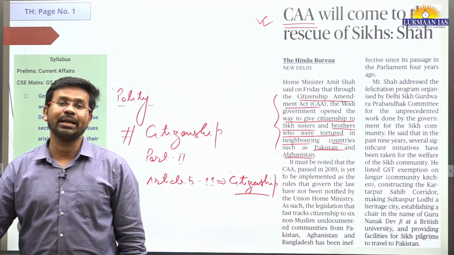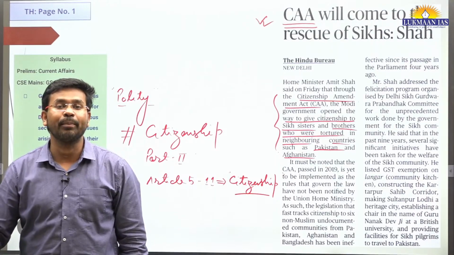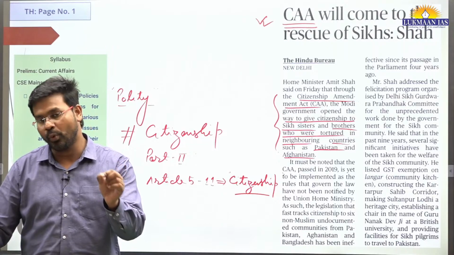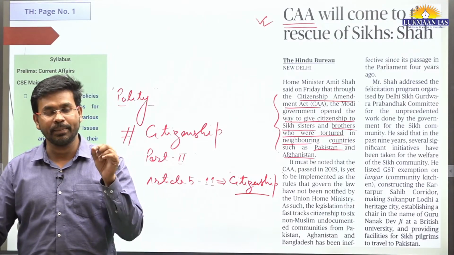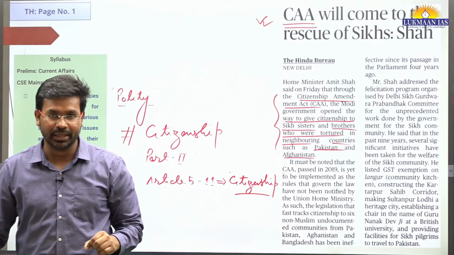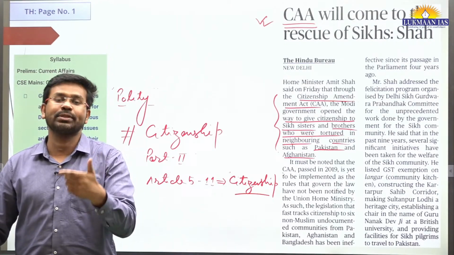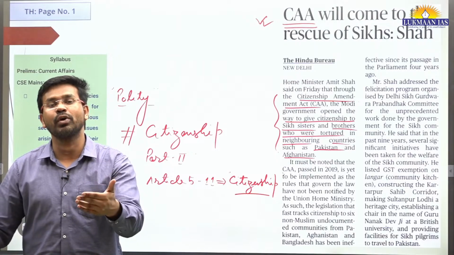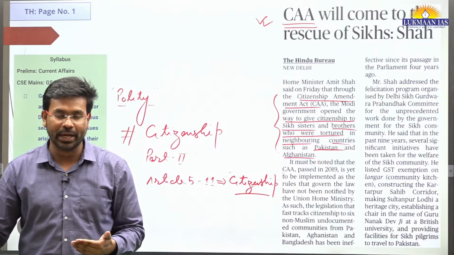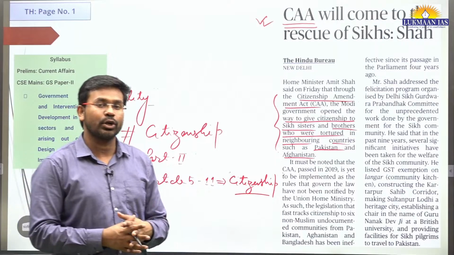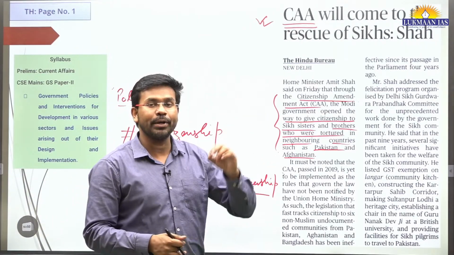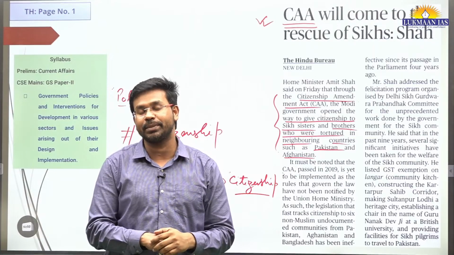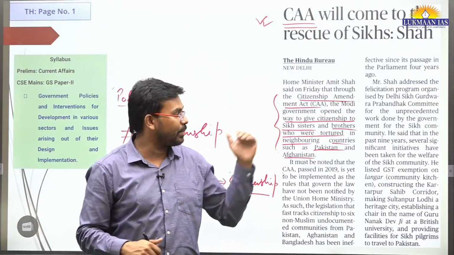And there is also voluntarily giving up. For example, a person who is an Indian citizen wants to give up Indian citizenship and settle in some other country. In that case, he can renounce his citizenship. That's also a way of giving up citizenship, and that is possible in India. And here the Government of India has amended the law through the Citizenship Amendment Act.